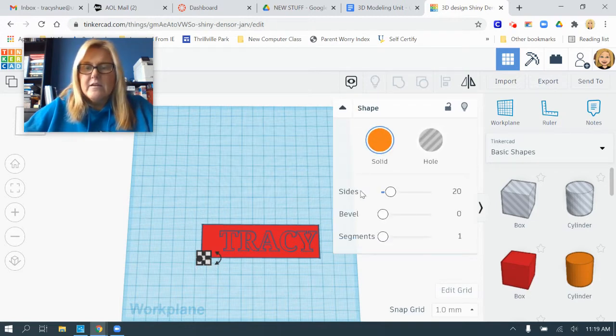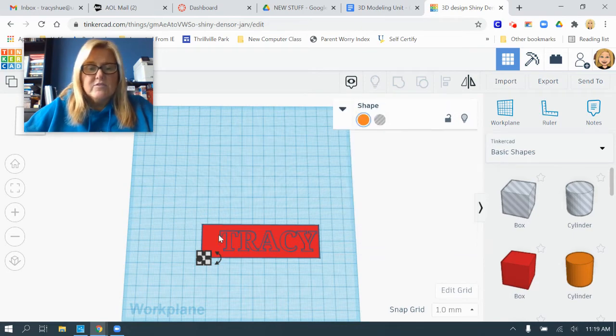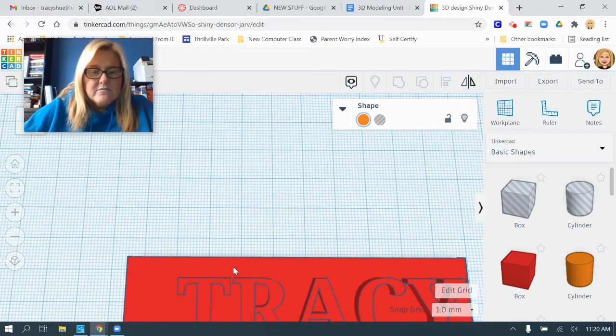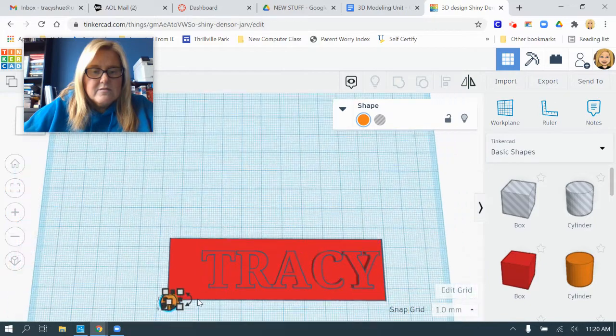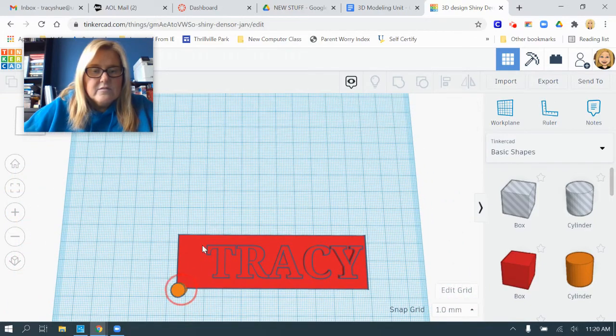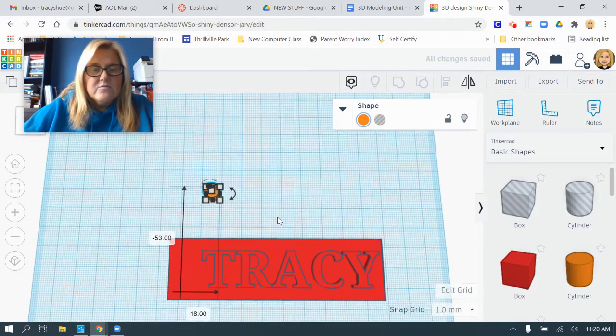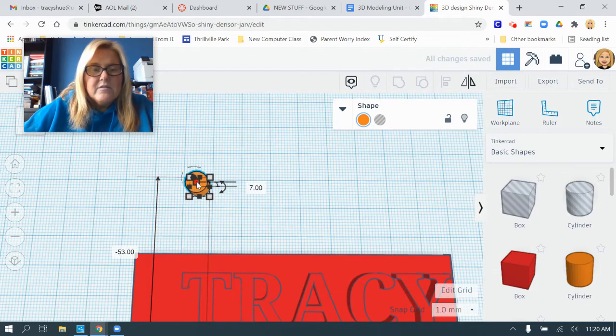I can either, well, I can't adjust it there, can I? It doesn't give me the choice. So I'm going to zoom in. Whoops. Let me move this first. I'm going to move it up here, and I'm going to zoom in, and I'm going to grab the top